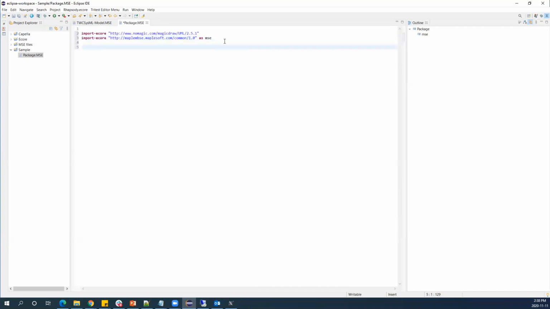Once we import, we want to define the data source. If I use Ctrl+Space in the editor, it's going to automatically suggest some queries. My initial, or primary, data source is going to be model.